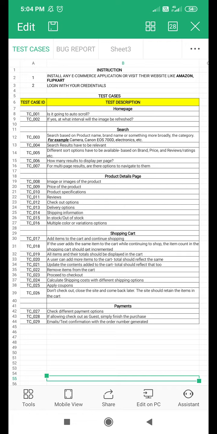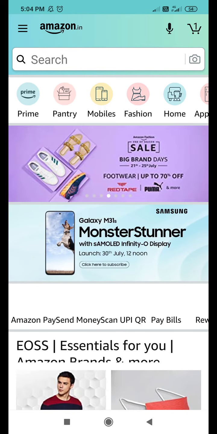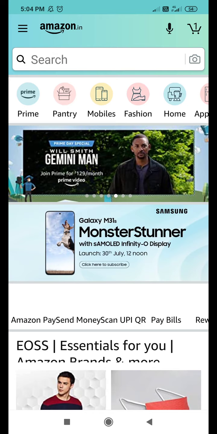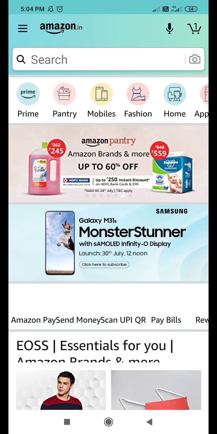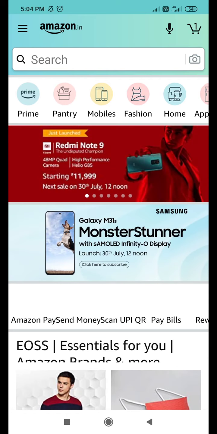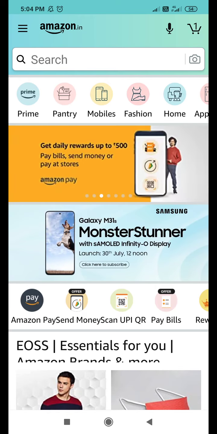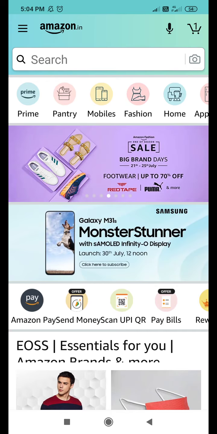I'm going to apply first auto scroll, that is, whether it is going to auto scroll on home page or not. So I am applying this test case on the particular application. I am using Amazon for this, so I have already installed Amazon. Here auto scroll option is shown. So I need to check whether the auto scroll option comes directly while visiting the application or not. It is already enabled when I open that application.